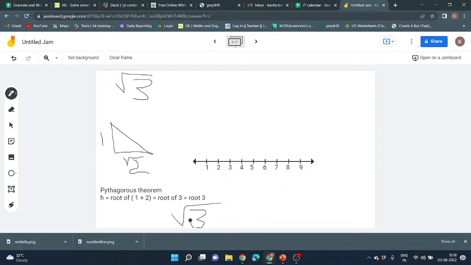So here we are locating root 3. In the previous part we located root 2 on the number line. So in this case, the base is of unit length. Let's draw a perpendicular which is of length root 2. So the hypotenuse would be of root 3 length, and let's take this root 3 as a radius,